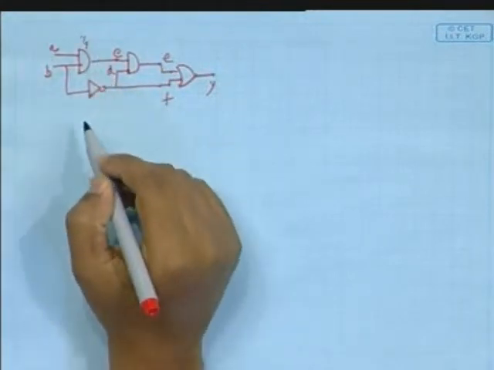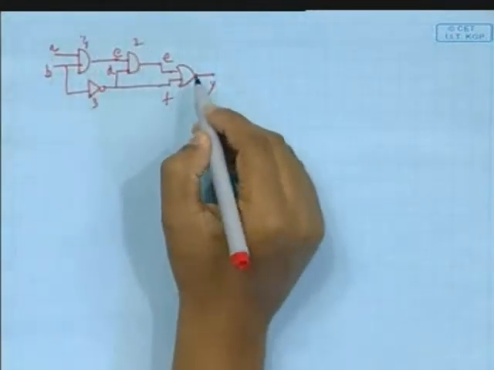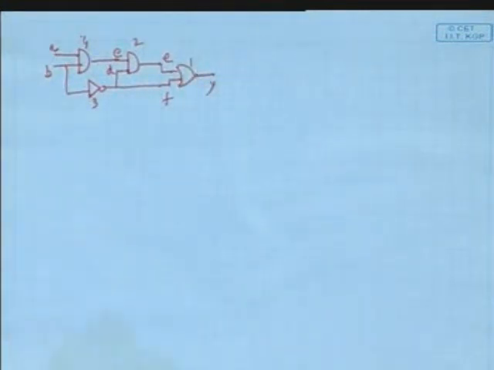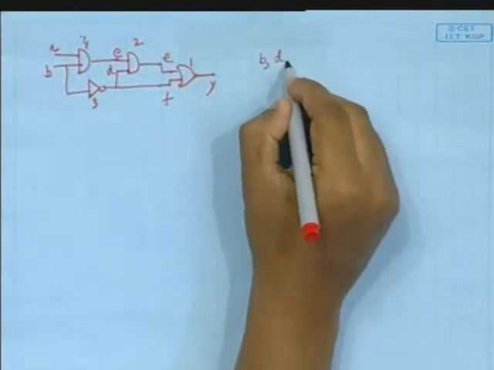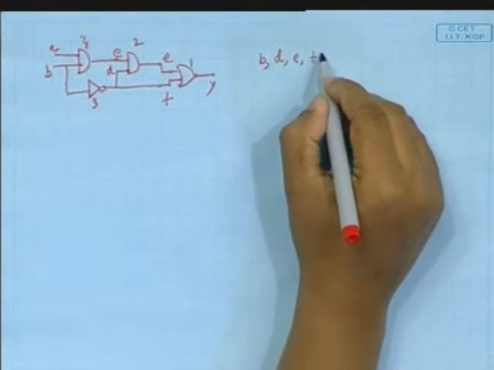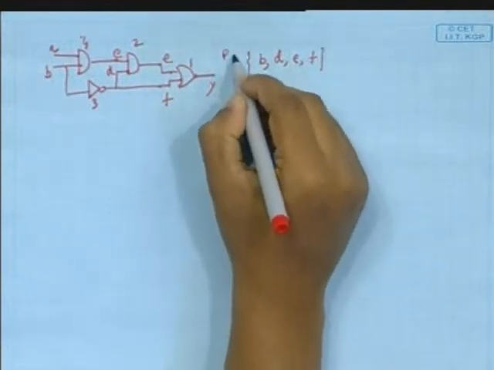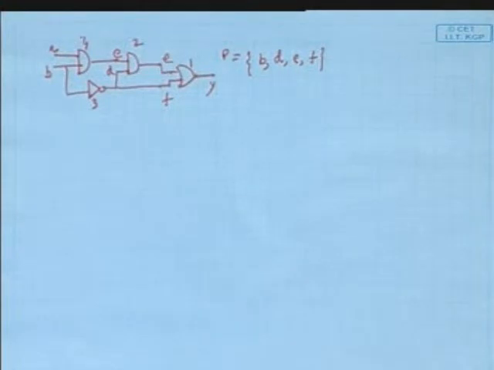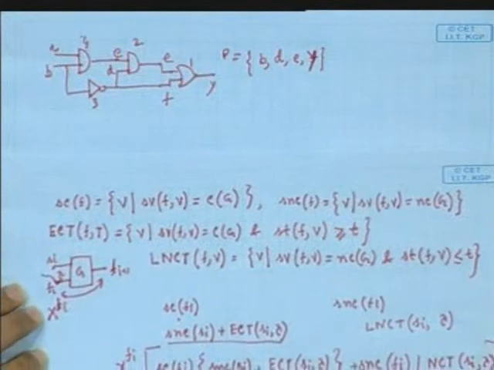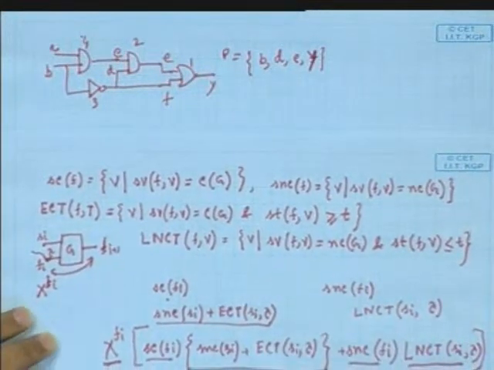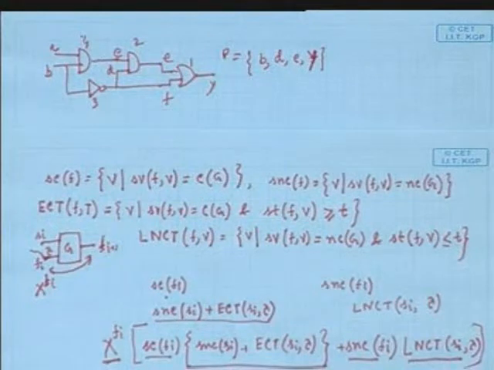Say the delay for these gates is 4, 3, 2, 1. I want to sensitize the path B, D, E, Y. Sorry, B, D, E, Y, that is our path of interest. So we'll be considering all these terms that we have shown earlier. To start with,